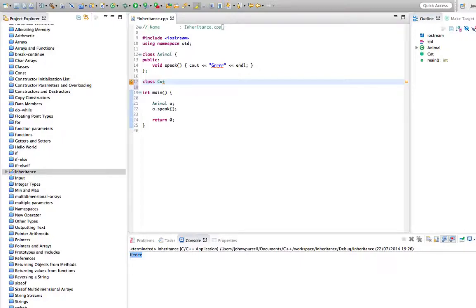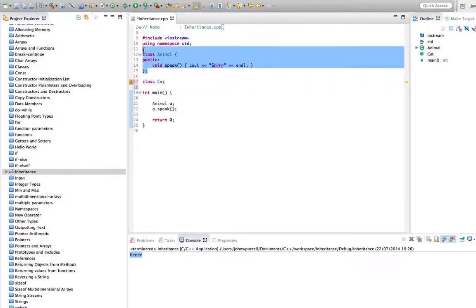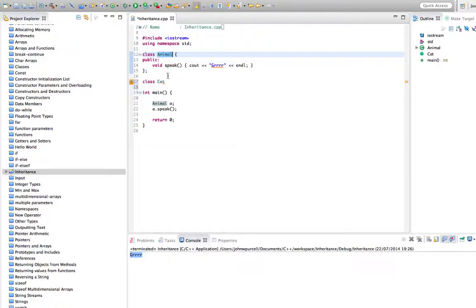So we're going to take classes and we're going to create child classes from them, or subclasses you can call them, and the subclasses are a type of whatever the so-called superclass is. So animal is going to be the superclass, cat is going to be a subclass, cat is going to be a type of animal. So let's say here class cat, and I'm going to say colon after the class name, public animal,